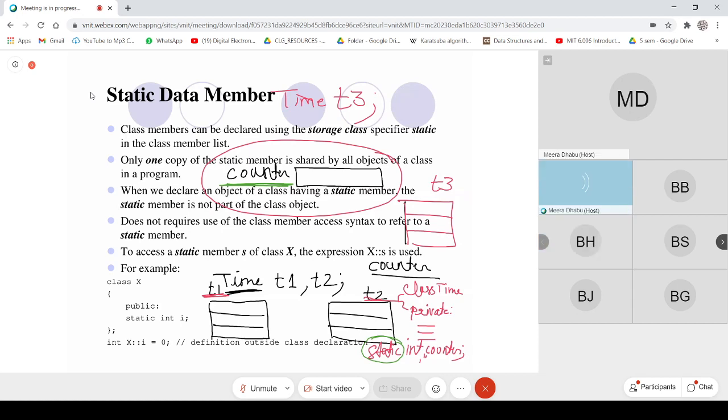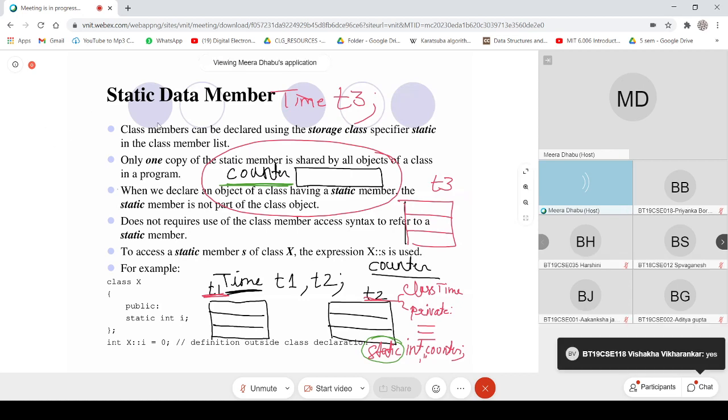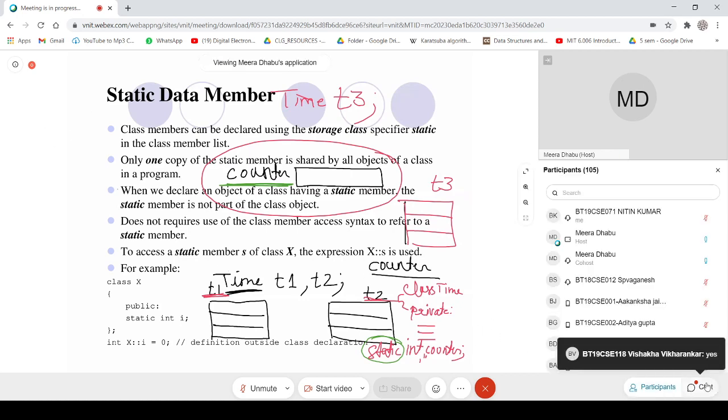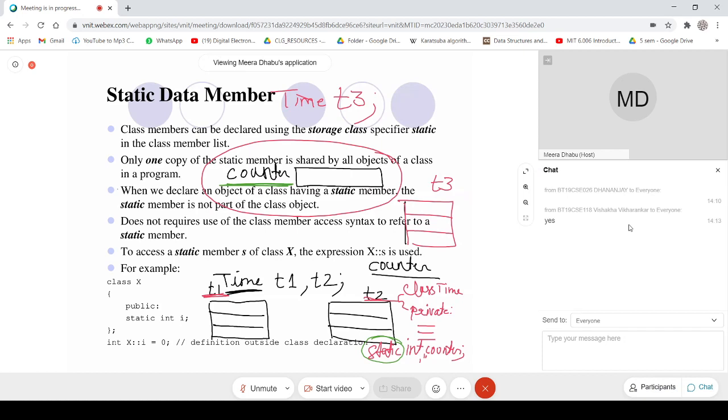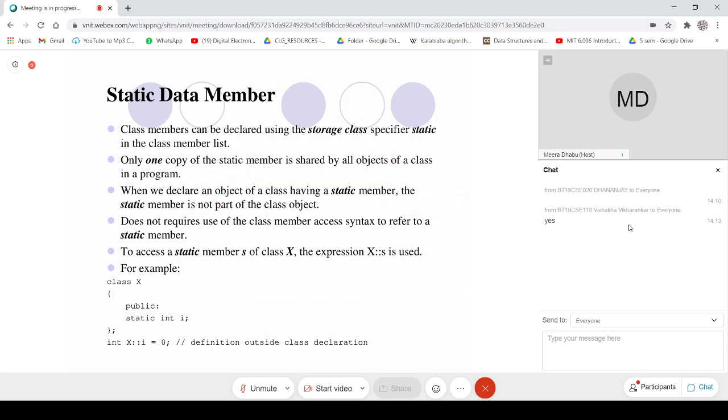Is this clear? Okay, fine. So when we declare an object of a class having a static data member, the static member is not a part of the class object.